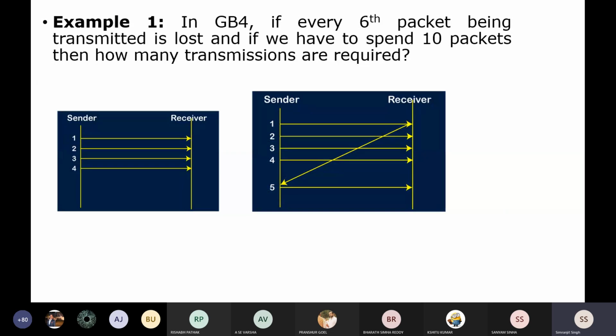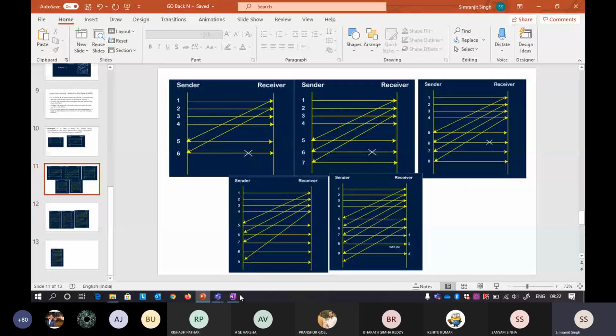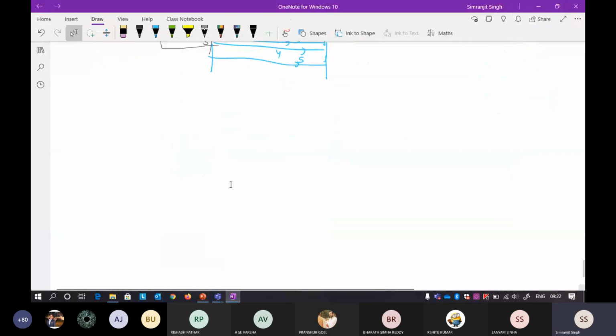Now if you take an example, to better understand this, in GB4: if every 6th packet is lost and retransmitted, and if we have to send 10 packets, then how many transmissions are required? Okay, so if I take this same question, in GB4 the 6th packet is lost every single time.